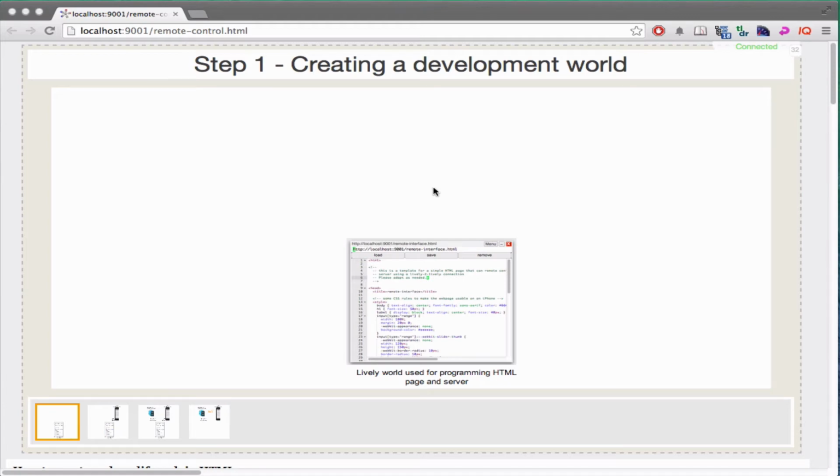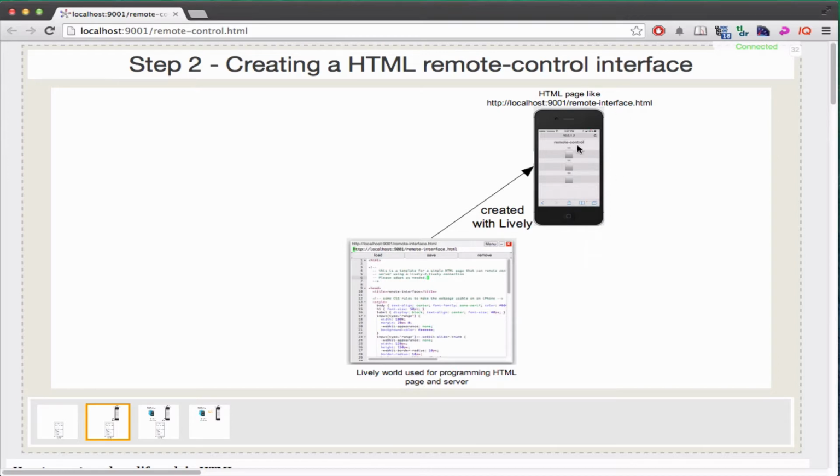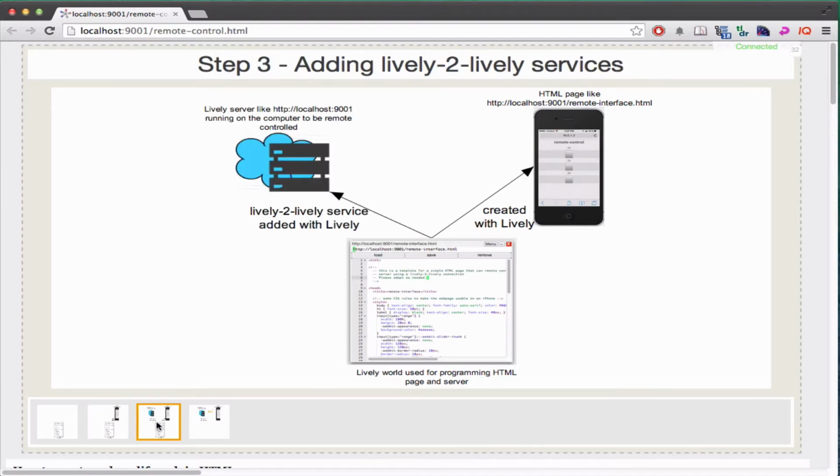In the screencast, I will show how to create a Lively application that can act as a remote control for your computer. So what we will do is, I will start out with a Lively world, and in that Lively world we will create a remote interface that can, for example, be loaded on a smartphone. And this interface will interact with a server component that we will also create in the context of that